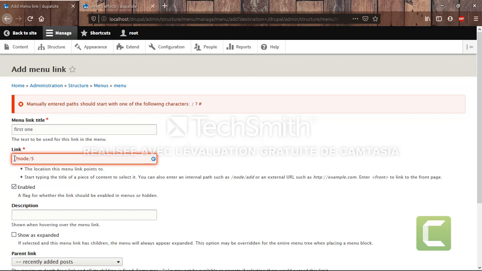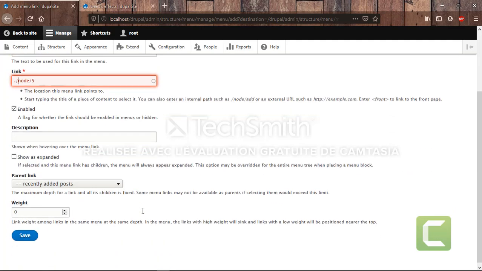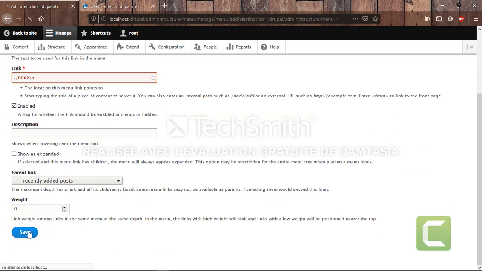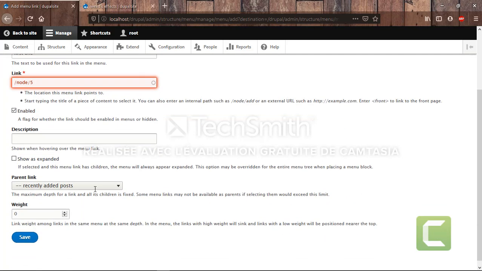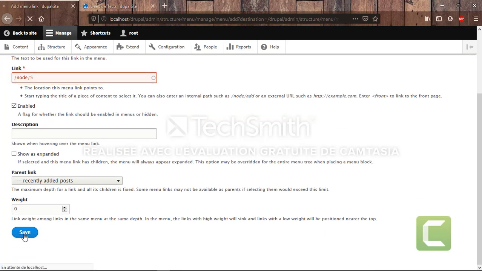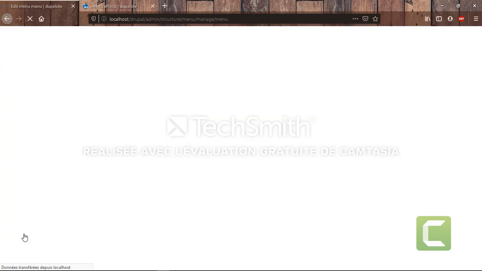I think I made a mistake in here. Yeah, I forgot to add the slash. Another mistake, foreign characters. Oh, I have a point here. Sorry. Save now. It's going to work. Yeah, the menu link has been saved.